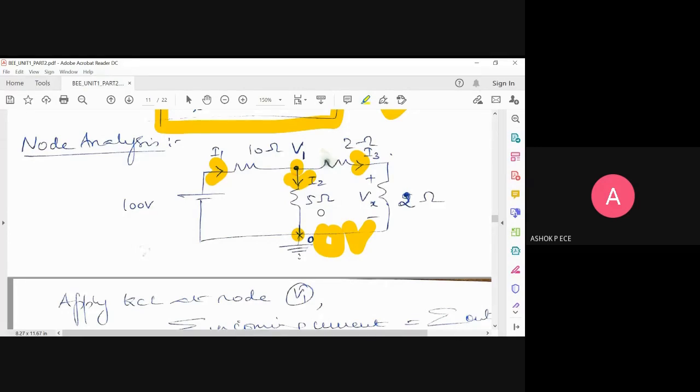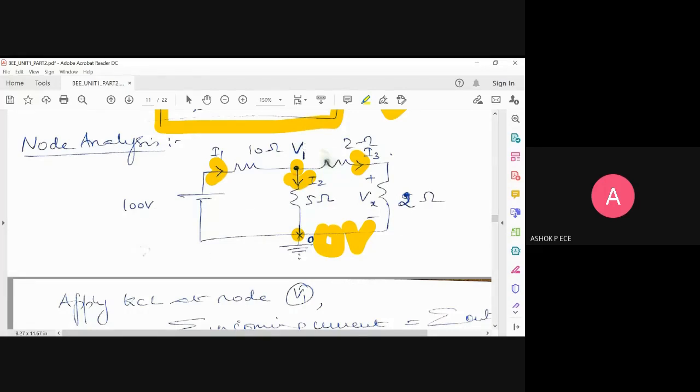Only thing, we are going to get the answers negative, which means that what we have assumed is going to be opposite. So always assume the rule here. If you have a battery source, current is flowing away from that. If we don't have any battery source, the currents will be flowing towards the ground. So I2 is flowing between V1 and ground. I3 is flowing between V1 and ground through two different paths. And I1 is flowing between 100 and V1.